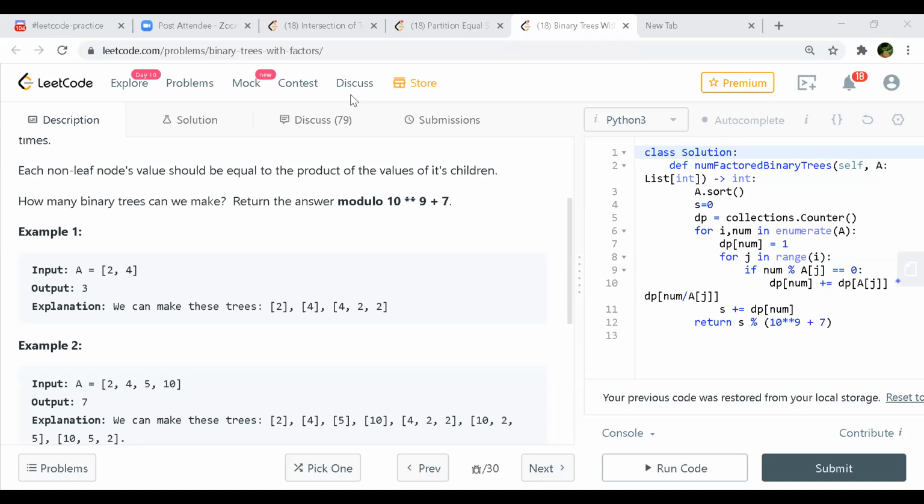That is the reason I will try to find out if I have a product of my two leaves, that should be on the higher index. So that is the reason I would sort it.